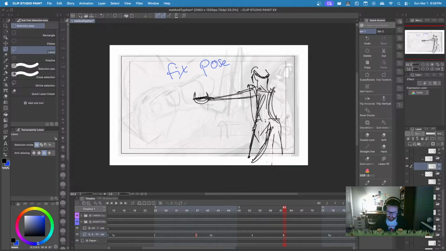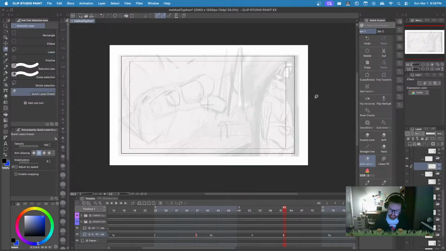So this pose here needs to essentially match the background perspective, but just be shifted over a little bit, and maybe slightly different like body weight distribution. So let's just say no to this whole thing, and we're gonna do